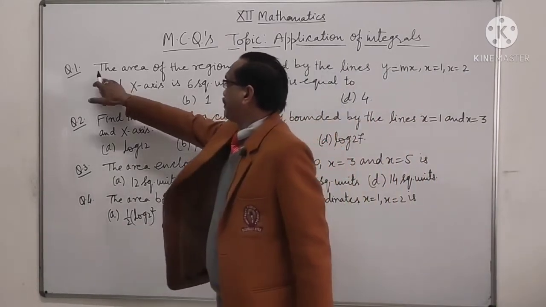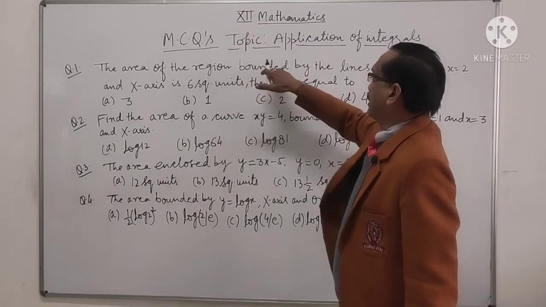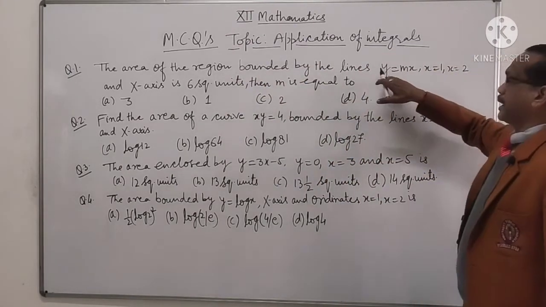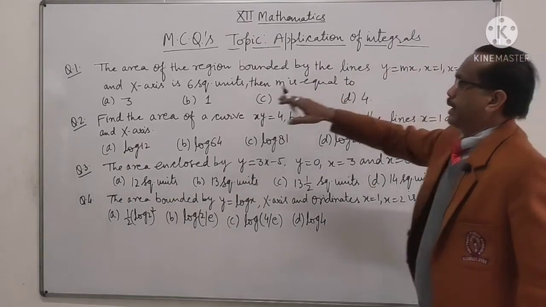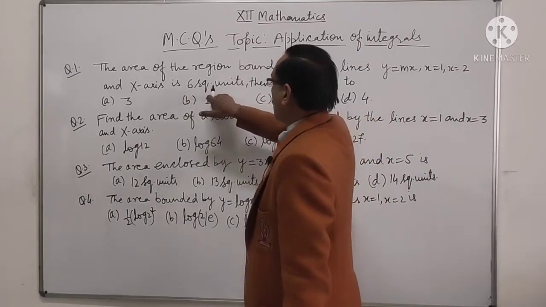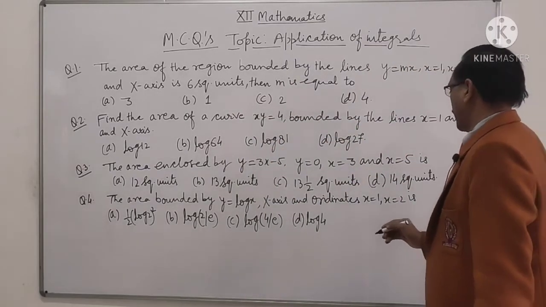Question number 1. The area of the region bounded by the lines y equal to mx, x equal to 1, x equal to 2 and x-axis is 6 square units. Then m is equal to what? So here